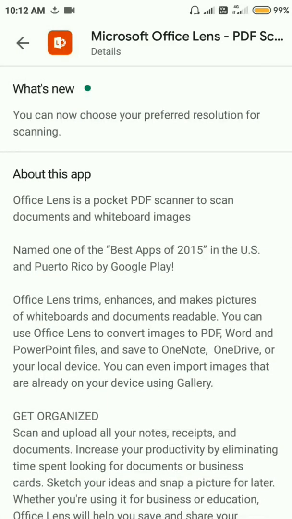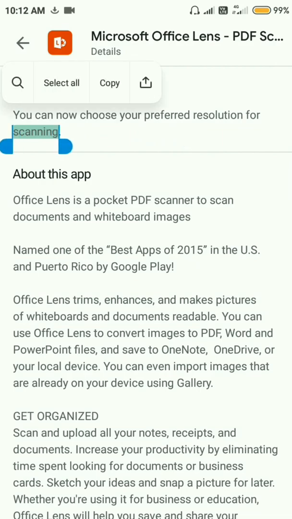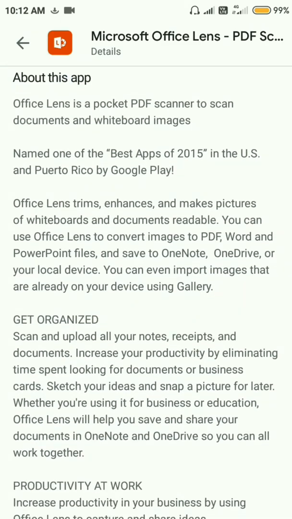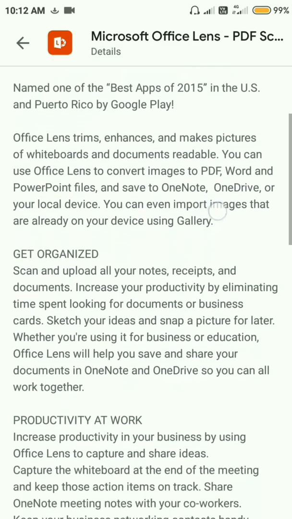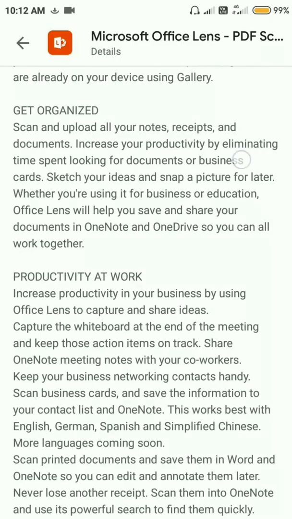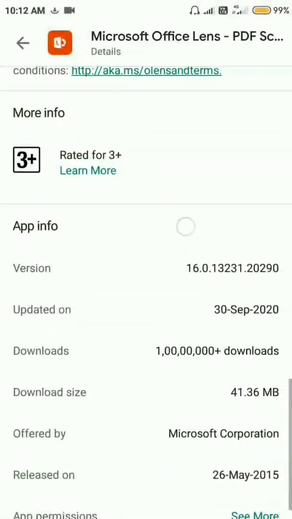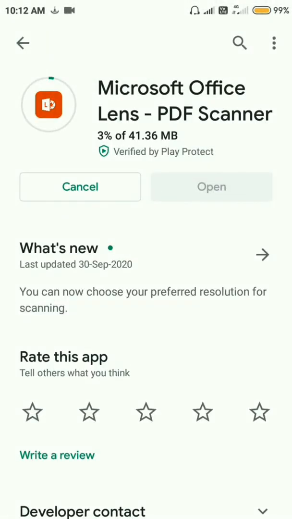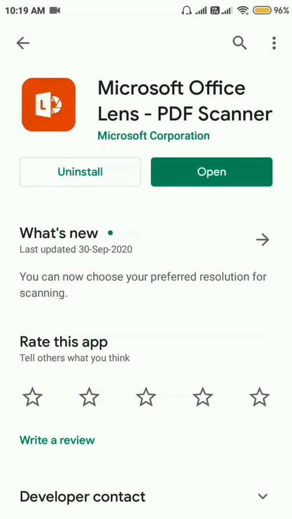You can use the resolution or aspect ratio to scan PDFs, and here it is given that Office Lens is a pocket PDF scanner to scan documents and whiteboard images. Nothing is best with this, but we can see that photos will be clearer than the default camera of our mobile phone.